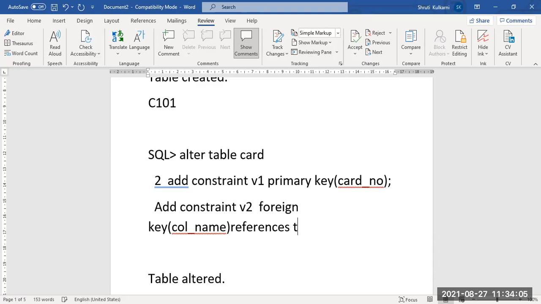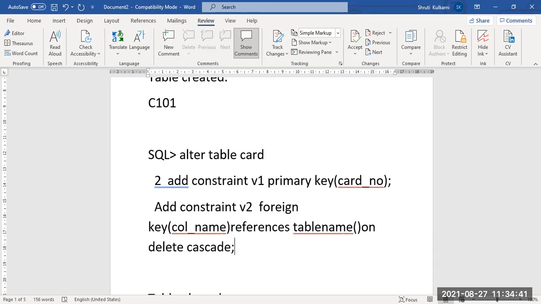References table name, and then for that table also the column here. And on delete cascade. The reason I told you to take on delete cascade is that it will delete the value from the master table, which is going to affect the other table also when it refers to it. Example will be displayed here. Getting? So this is the alteration command for adding the constraints for the primary key and foreign key.